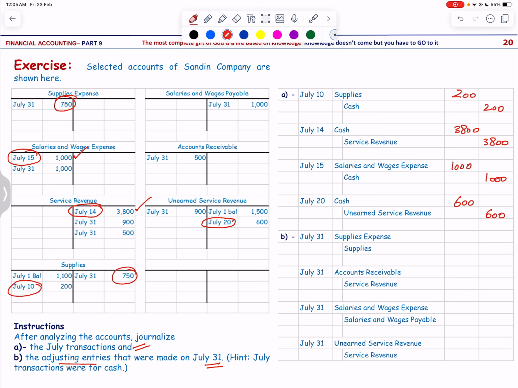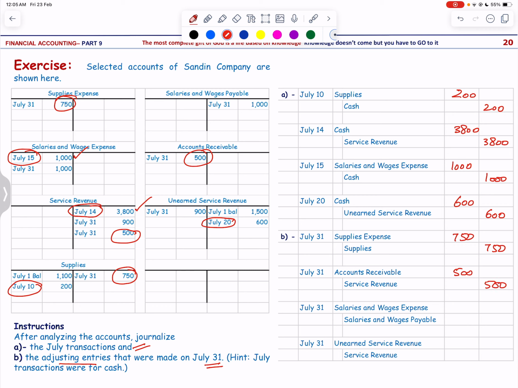So supplies expense is debit by 750, and supplies is credit by 750. Next we have the accounts receivable, and that is for 500, and that makes a lot of sense because we have July